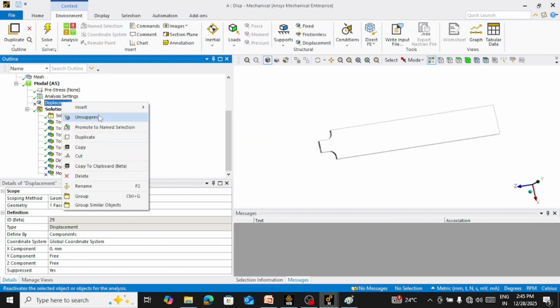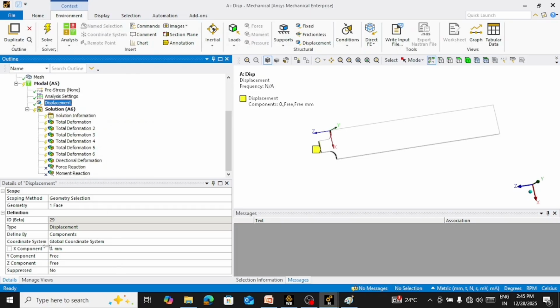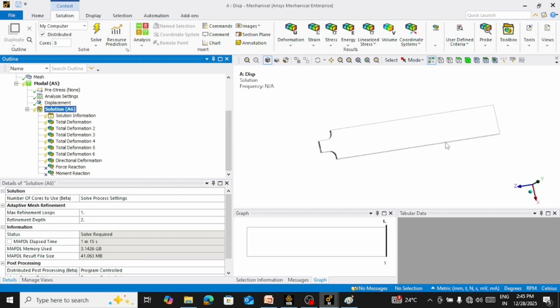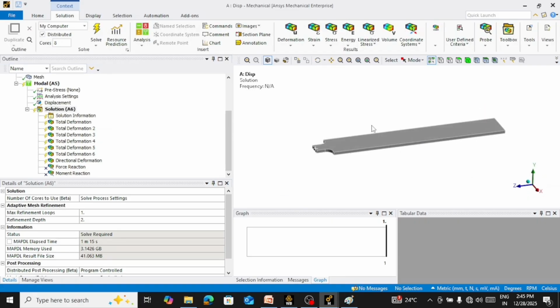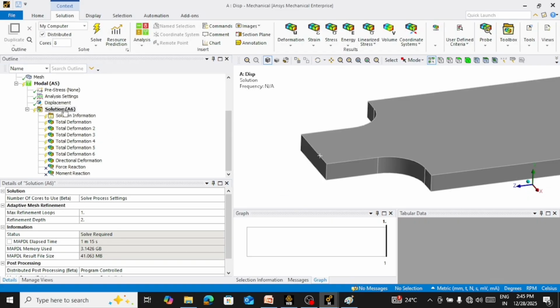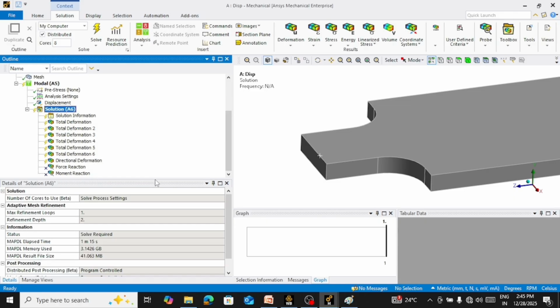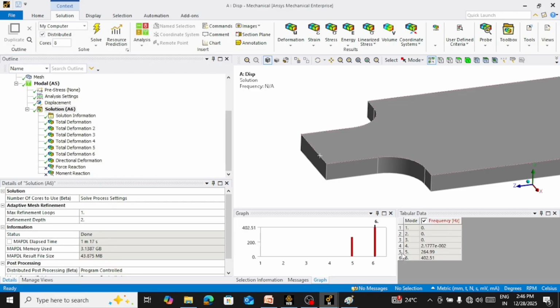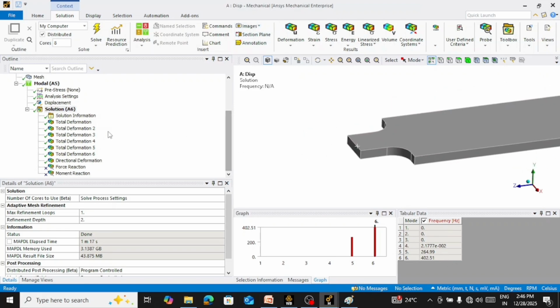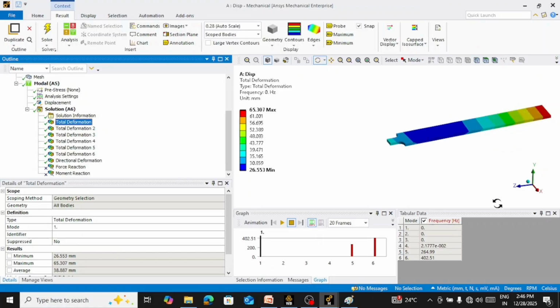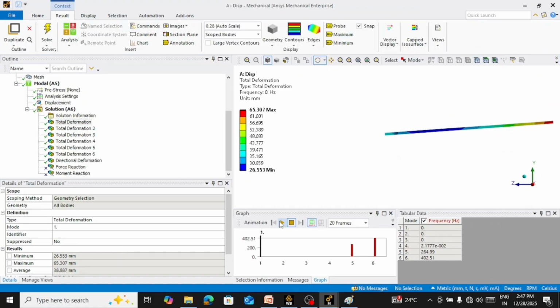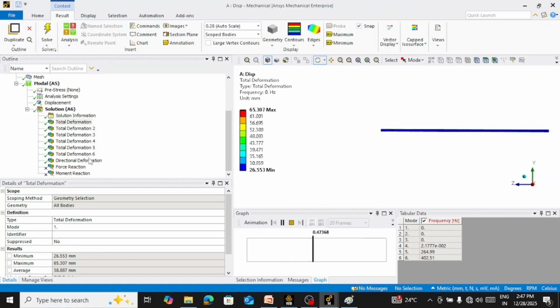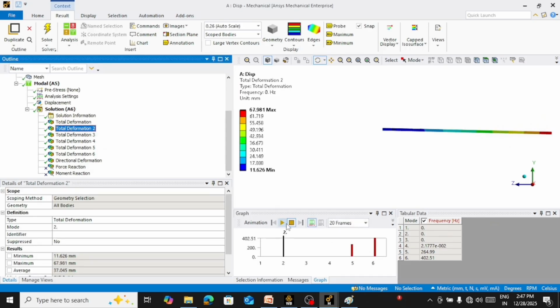Okay, now if I unsuppress this and only fix x deformations, x directional degrees of freedom, and then solve this analysis, now we see that we have two natural frequencies, fifth and sixth, which are non-zero. Okay, so if you look at the first mode, this is at 0 frequency, this is moving freely,